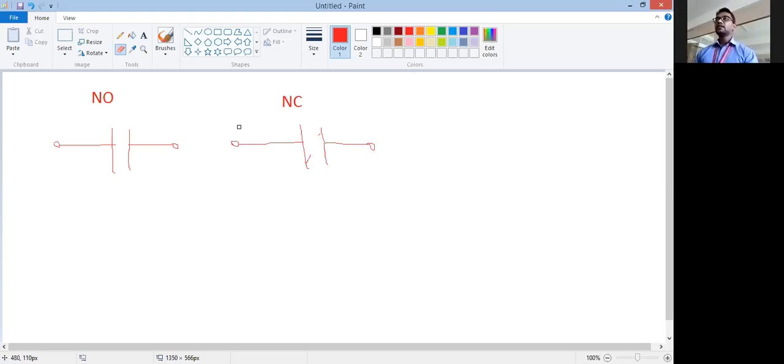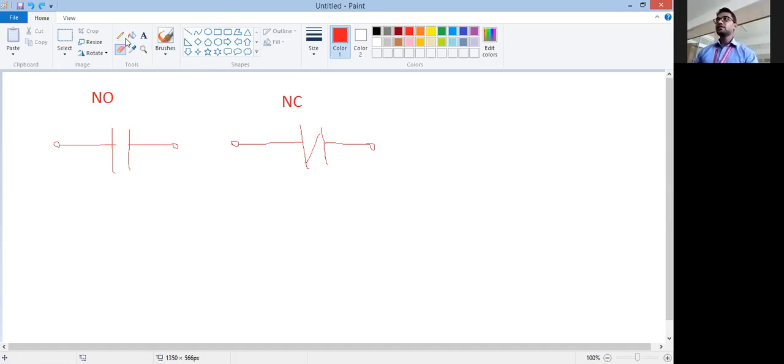And when logic 1 is given, the device turns off because the contact becomes functionally open, FO. And when 0 is given, it becomes closed again. So normally it is closed, and when you give logic 1, it becomes open. So this is the NC contact.